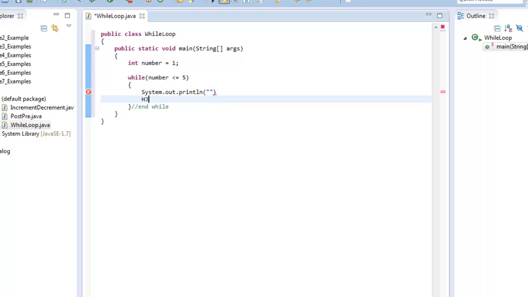Well, we'll do hello. We'll say hello. Okay. Now, could I stop here? I could, but I'd end up with a program in an infinite loop. It's not pretty. So the reason it would be an infinite loop is because the first time through the loop,